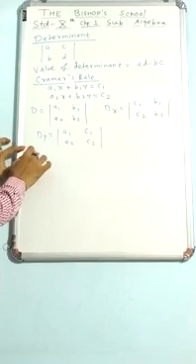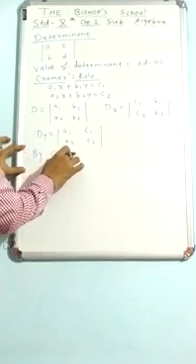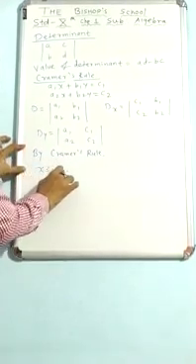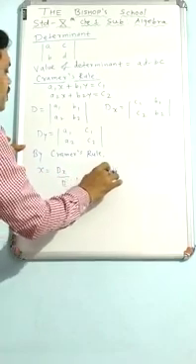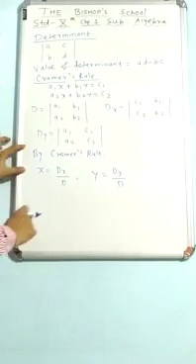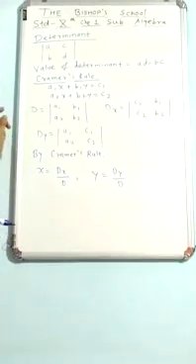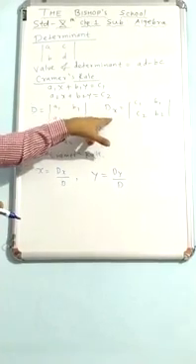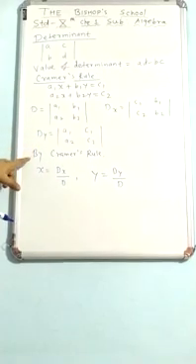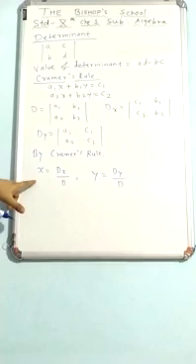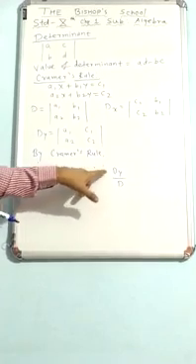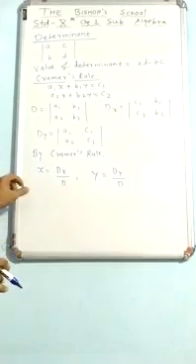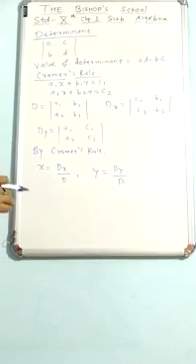Now by Cramer's rule, x equal to Dx by D and y equal to Dy by D. See, whenever equations are given, we first find the value of determinant D, then we calculate Dx, then Dy, and by using Cramer's rule we calculate x equal to Dx by D and y equal to Dy by D. That x and y value will be the solution of the given linear equations. Now we will start with practice set 1.3.